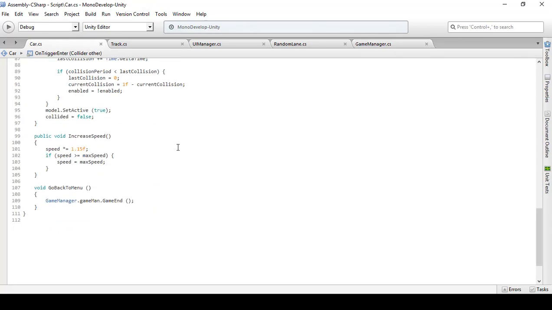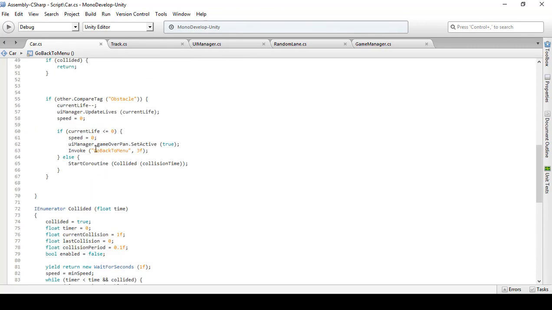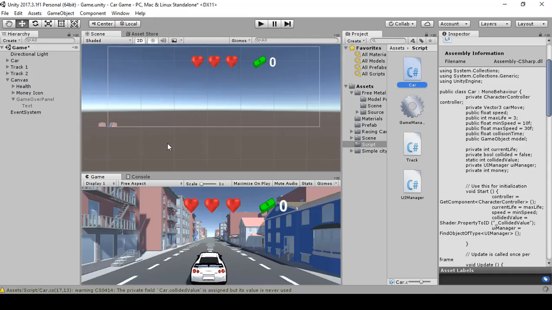I can't find where to put it. All right. Hey, I'll put it in the car. Remember. Okay. Then make sure you type this in just like this. Go back to menu, just in case you can copy it, and then just paste it just in case, so you won't have any errors. Click save, and then from there we'll go back to Unity,